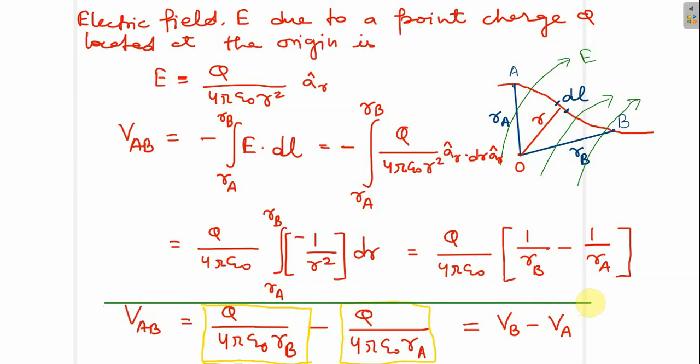And one more thing, it is required to understand how we represent the potential between the 2 points. It is represented with this formula very clearly. So we have proved that the potential difference between 2 points is the difference in potential, the final point minus the potential at the initial point. Okay, so let's move further.